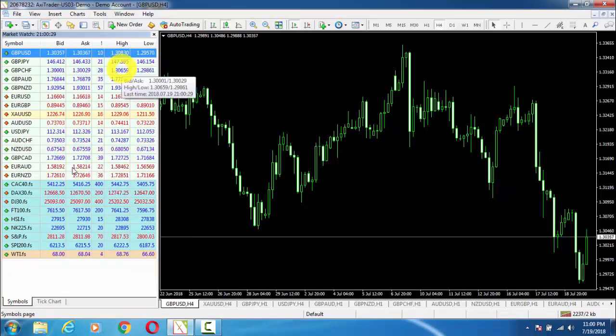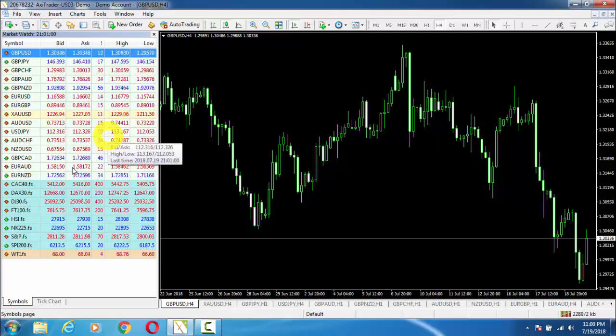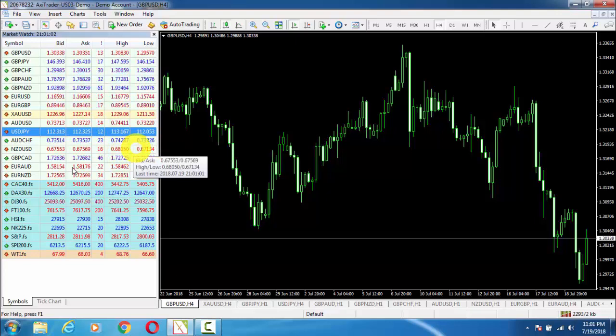Today's market of GBP USD high and low also. So today's high of GBP USD was 1.3083 and low was 1.2957. So it has given me the high and low of today of GBP USD. If I want to select any pair like USD JPY, it has given me that also.